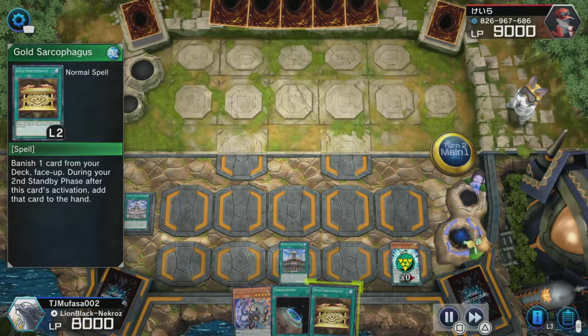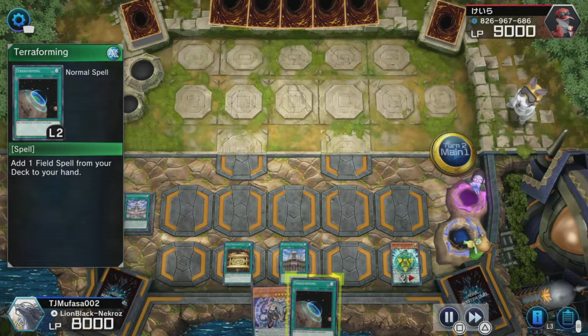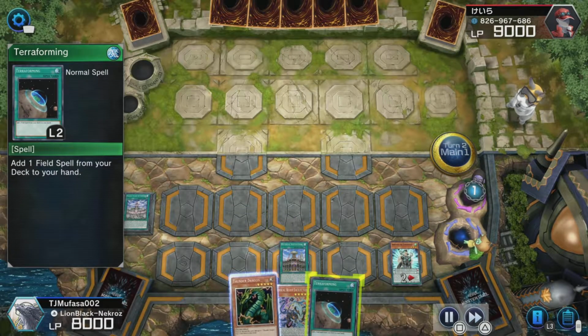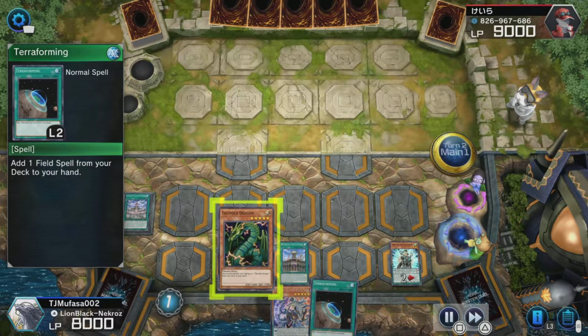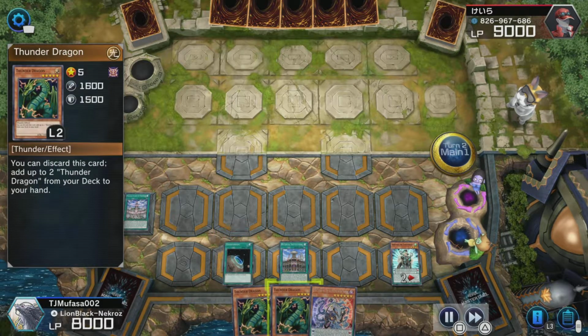As you can see, here go how you add up those spell counters for Servant. And here go what I was talking about with the Gold Sarcophagus right off the bat. So I banished that Dragon Dark, and then we get that Thunder Dragon in hand right there. So watch as I get those 2 Thunder Dragons to my hand. Now how it started off,